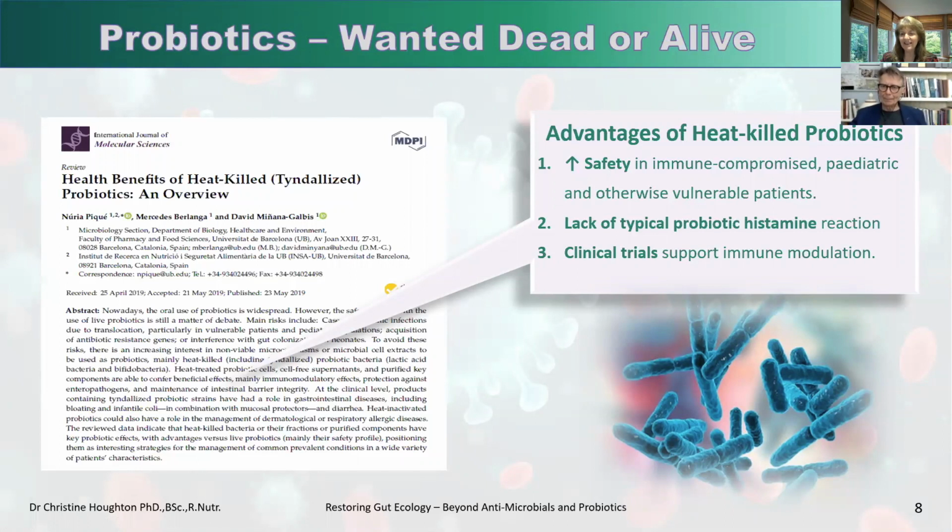What I mean by that is, when we take these organisms into the system, they don't actually take up residence there, except for very few cases. They do some good on the way through the system, and that's of great benefit, which we'll mention shortly, but they don't take up residence there. So they don't push the bad bugs out of the way. So if you have an antibiotic and it's killing off the lactobacillus or the bifidobacteria, the two commonest ones, you don't replace them by putting those bacteria in there. You replace them by feeding your cells, feeding your microbiota as well as your own cells the right foods,